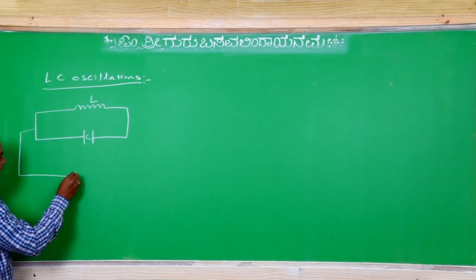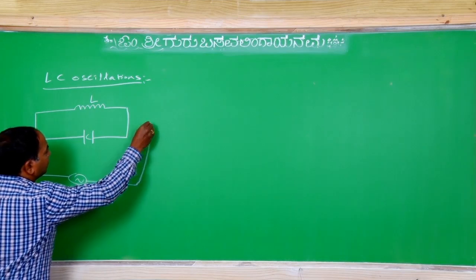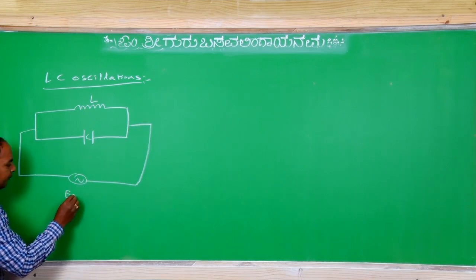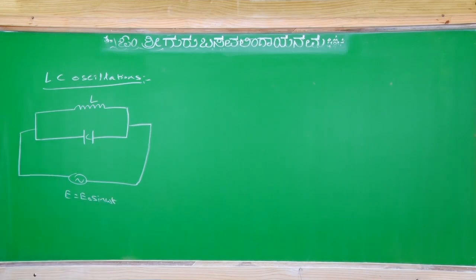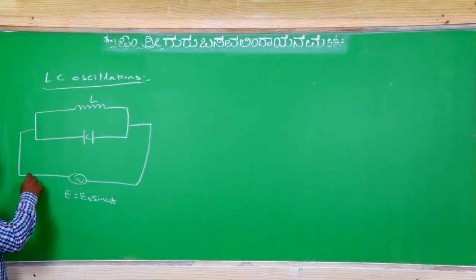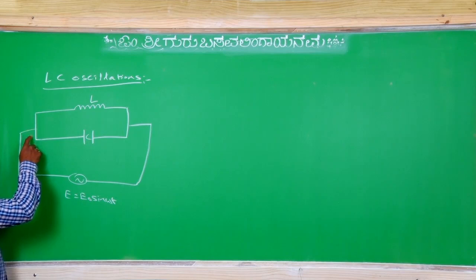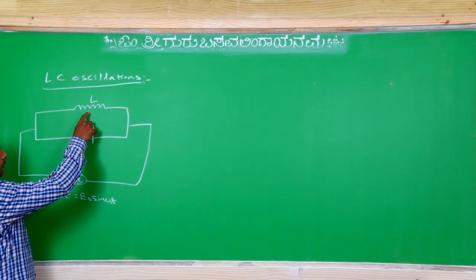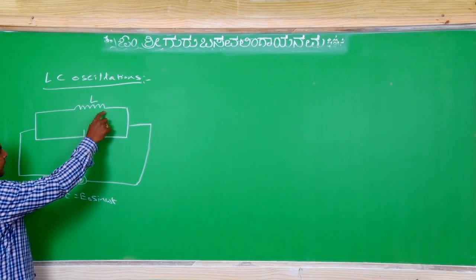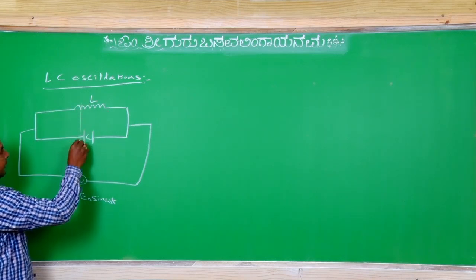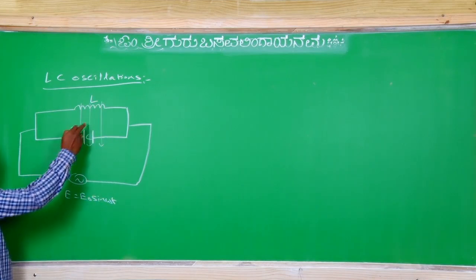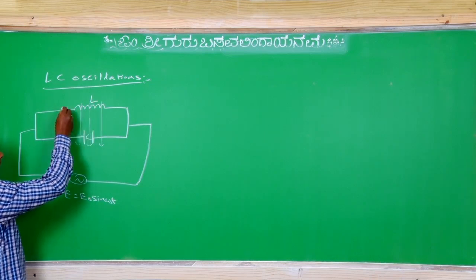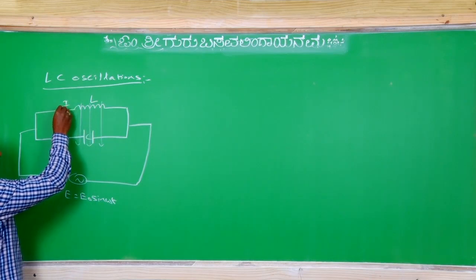This is connected to an AC source, and this AC source EMF is E equal to E naught sin omega t. If the AC source is switched on, then what happens? Here the current will be passing through the circuit. Already we know, when the current is passing through the inductor, the magnetic field is generated perpendicular to it. So, due to the variation in flux, due to self-induction, a current I is generated.